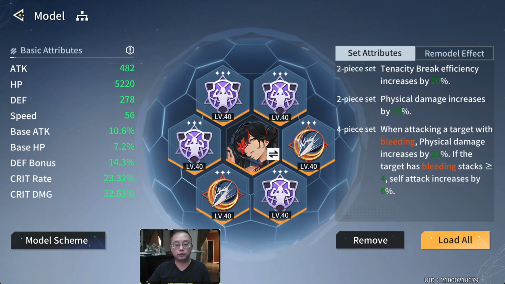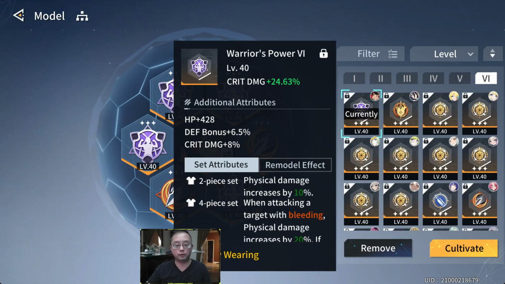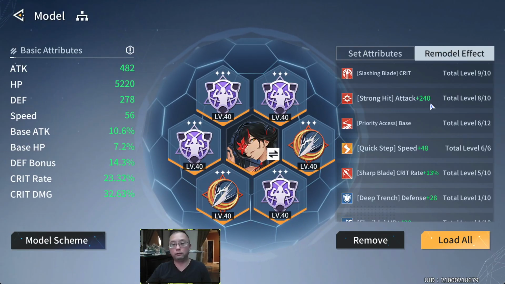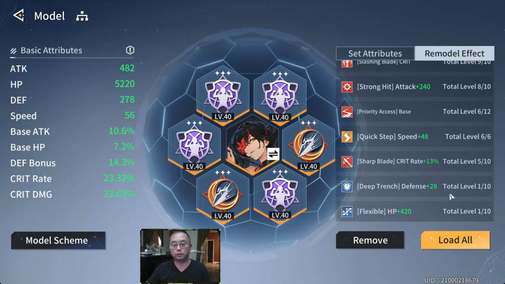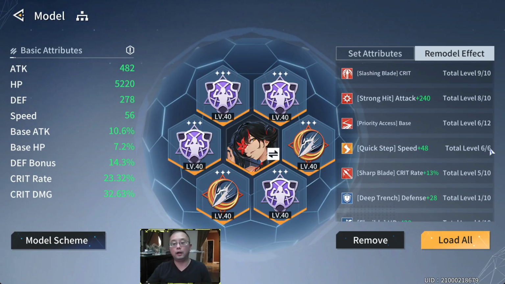But it's quite universal that you will want speed, crit rate, and crit damage. That's pretty much non-negotiable. And for the remodel effects, you want to roll for as much crit rate and crit damage as you possibly can. As you can see here, I can still optimize this a little bit further. I think 6 out of 6 speed is very helpful, especially if you want to get the bounty tracking going early on via her energy burst. So 6 out of 6 speed, max crit rate, max crit damage, and the rest into base attack and attack